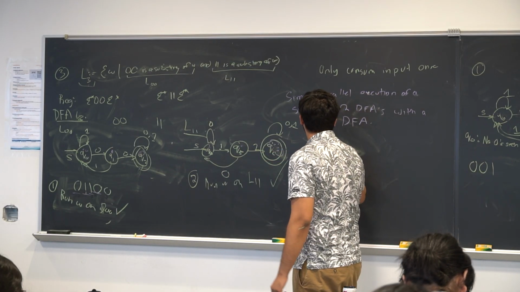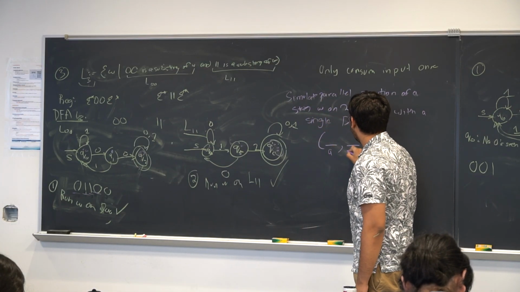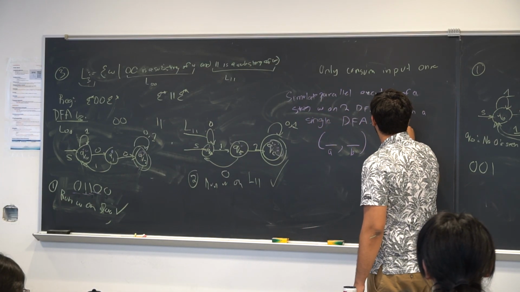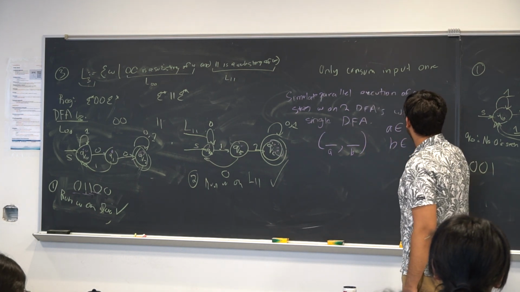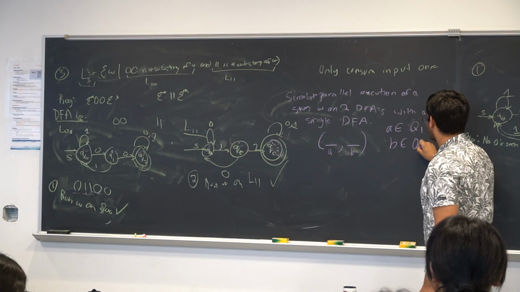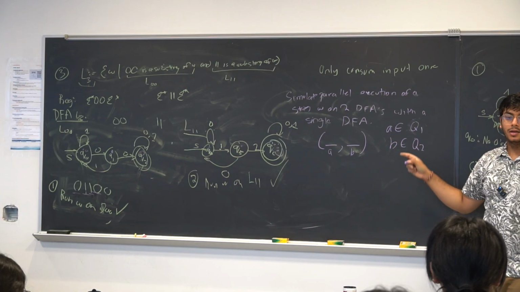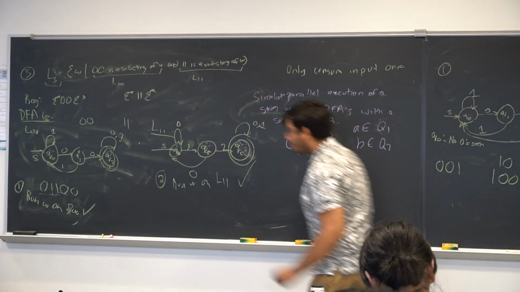Okay. Another way of phrasing this problem is that we have some A here and some B here, and A belongs to the set of states from Q1, and then B belongs to the set of states from Q2. That reduces my countability. So if we were to start drawing this out,